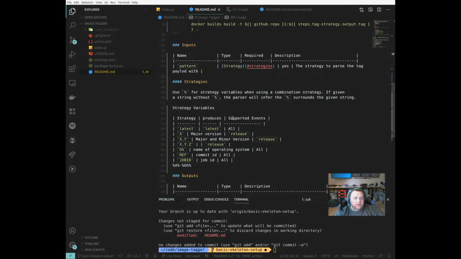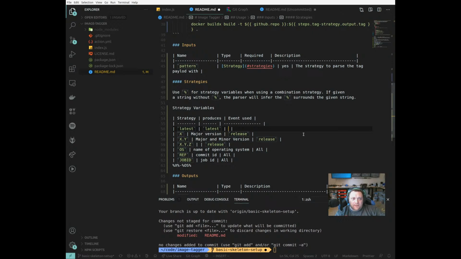Ah, so that's what it is. So event used, so this would be